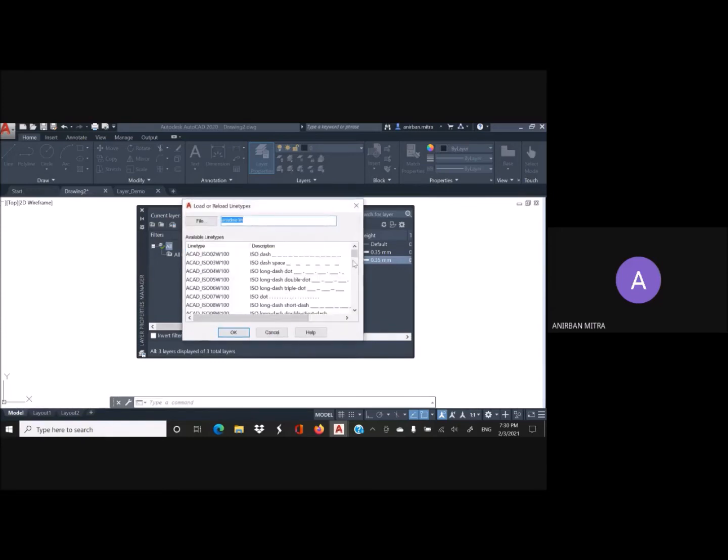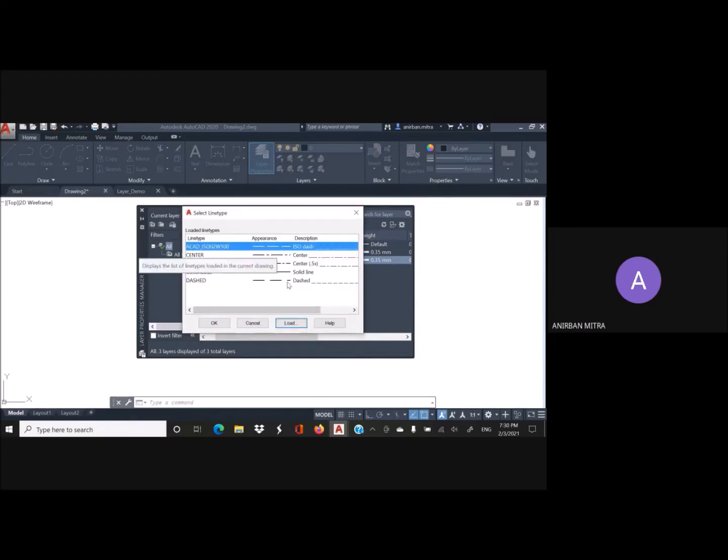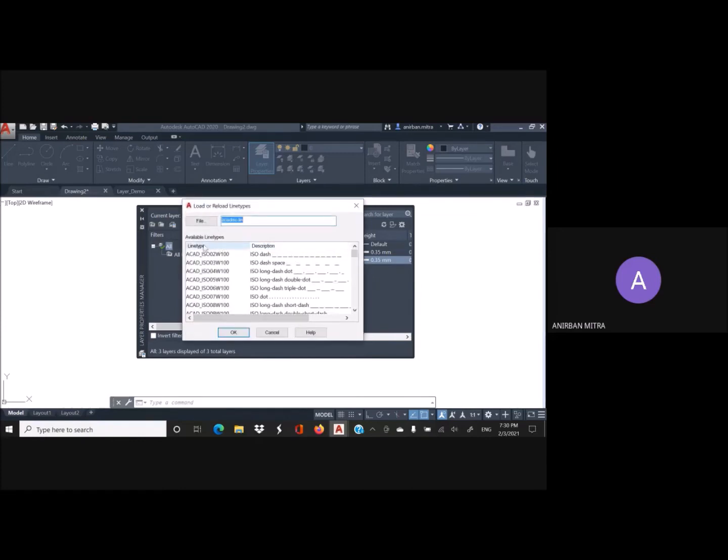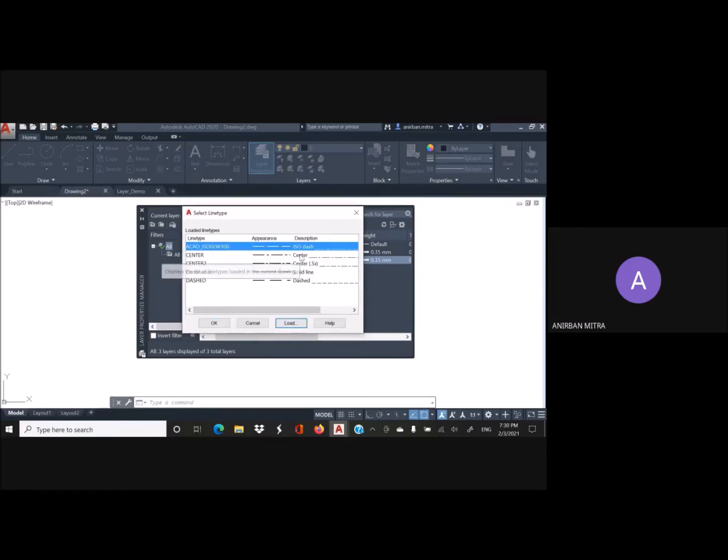I can also go for other type of center lines, center 2, and that will appear here. So whatever line type is required, I can obtain it from this line type library, selecting the appropriate one and then clicking OK. So for hidden line type, I can go for dashed lines.